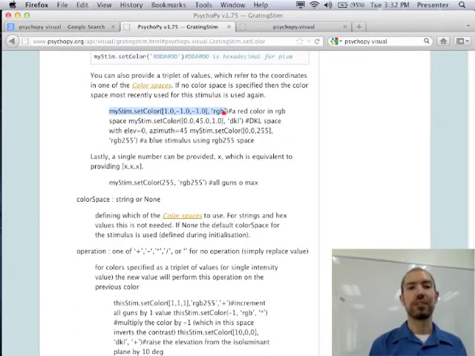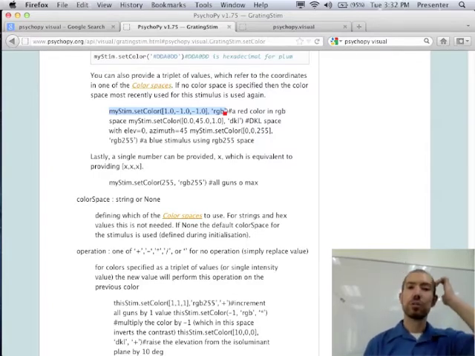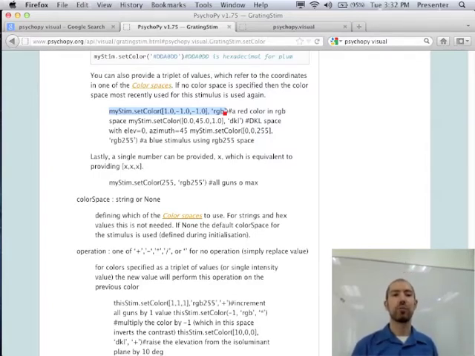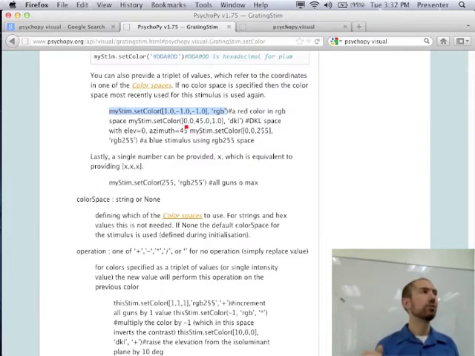Here's an example of that. Meaning, we're going to set the redness, blueness, and greenness of the color separately. So you can specify these a couple different ways. The one we'll use today is just red, green, and blue can all vary from -1 to 1. So the idea here is that 0, 0, 0 would be like a medium amount of red, green, and blue, which would be gray, right?